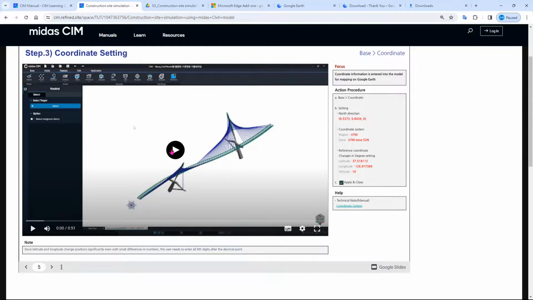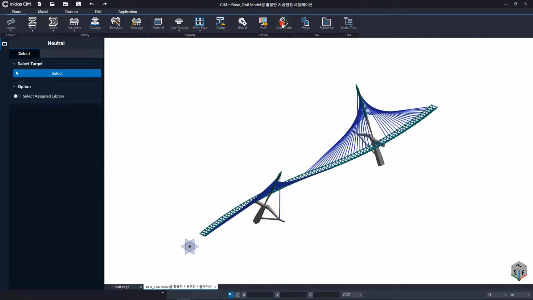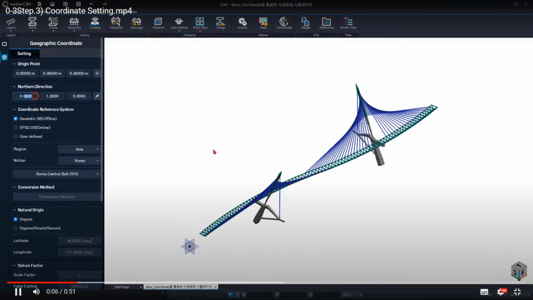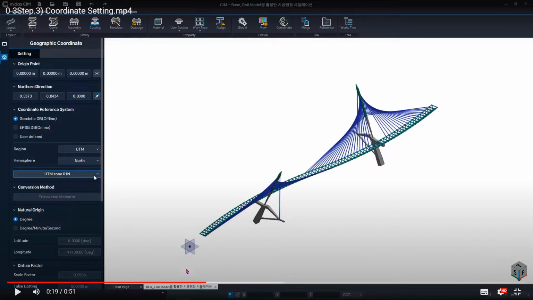Okay, and this one is for coordinate settings. So this is just the usual part. You just add the coordinate based on the project that you need. For example, in here, because you can see the region of Asia and etc., usually we just stick with the UTM.